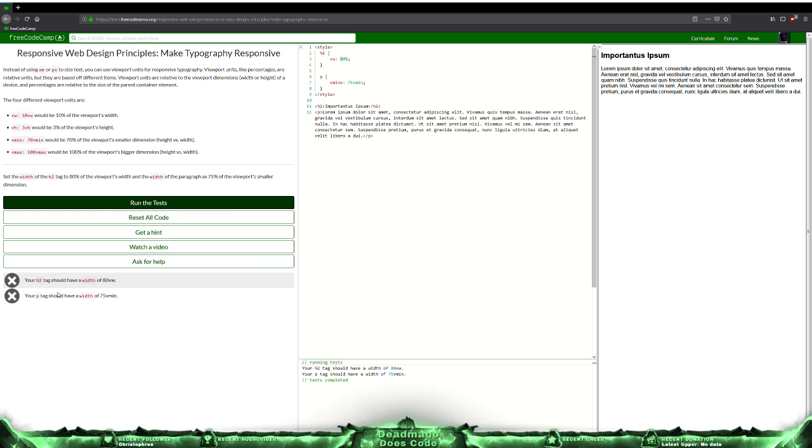No. Your H2 tag should have a width of 80. Oh, because I can't use percentage in it, so you gotta use VW and then specify it again. Okay, I got it. Your H2 tag, which it is,